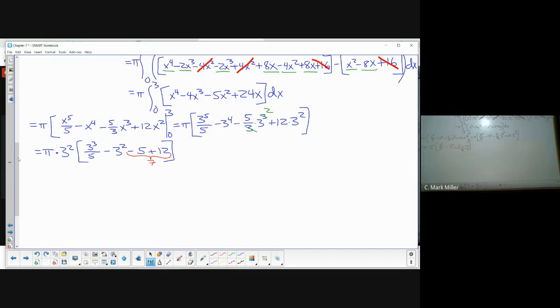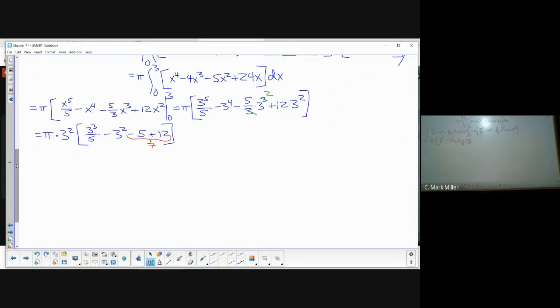Okay. Now, there's one other way you could have done this. Another way somebody might say, see that 12? That 12 is a 3 times 4. So you could have made this a 3 cubed and brought another 3 up front. But don't worry about it. Now we're going to have 3 squared pi up front, brackets,